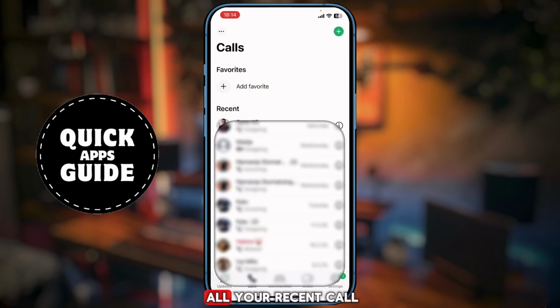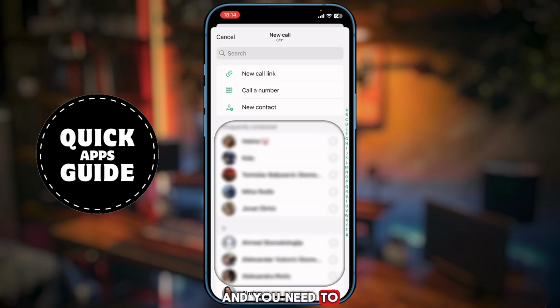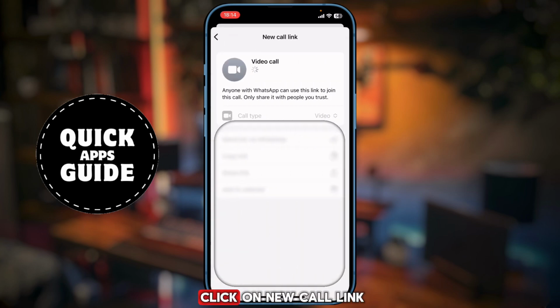Now you can see all your recent calls on WhatsApp. Look at the top right corner of the screen and you can see a green plus icon, and you need to go on it. When you do that, WhatsApp opens a side menu with all your contacts in WhatsApp. And when you do that, look at the first option and you need to click on new call